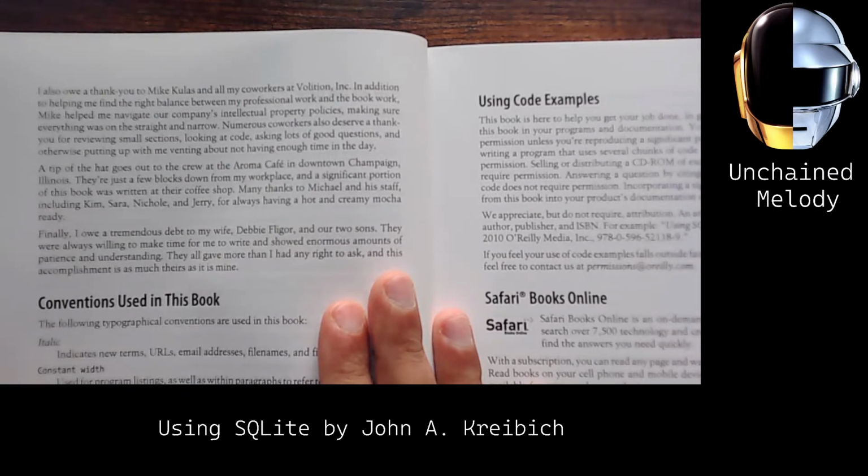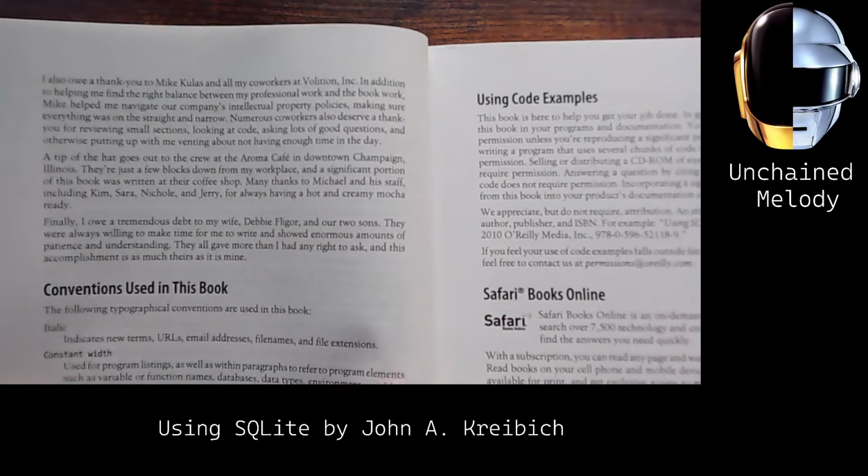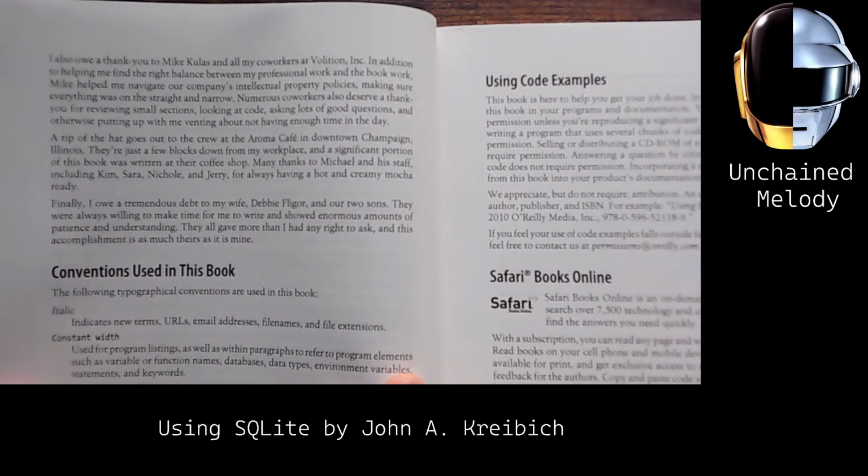A tip of the hat goes out to the crew at Aroma Cafe in downtown Champaign, Illinois. They are just a few blocks down from my workplace, and a significant portion of this book was written at their coffee shop. Many thanks to Michael and his staff, including Kim, Sarah, Nicole, and Jerry, for always having a hot and